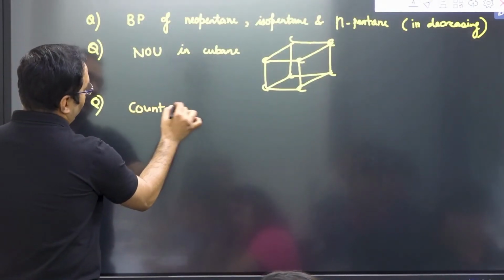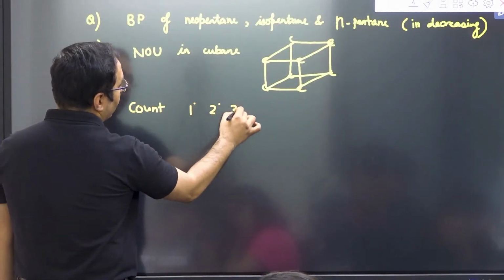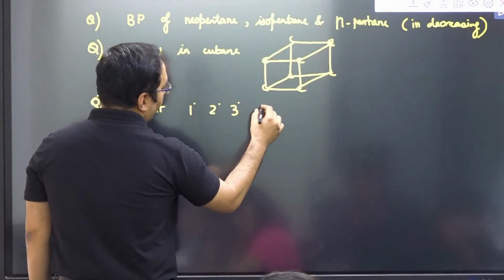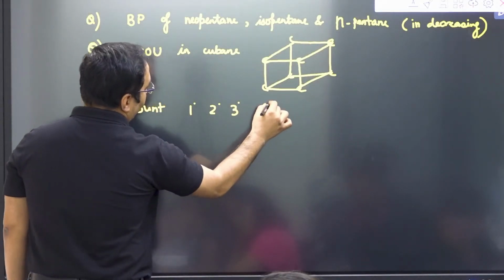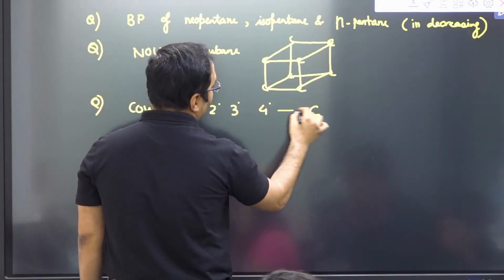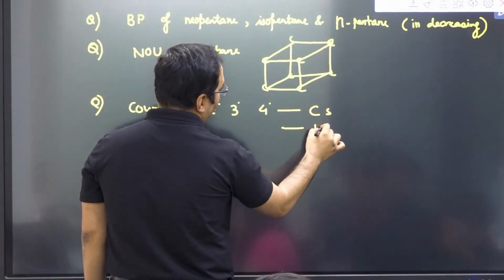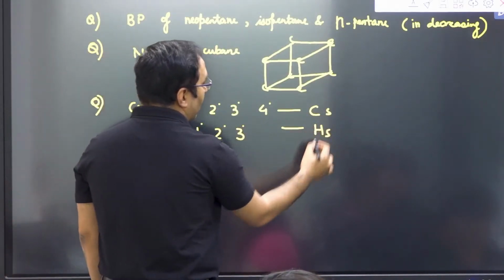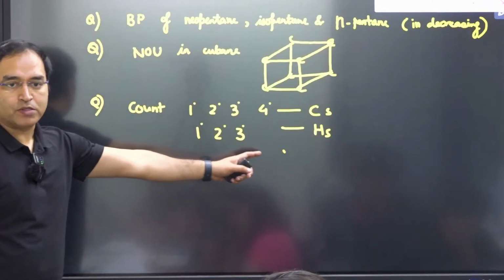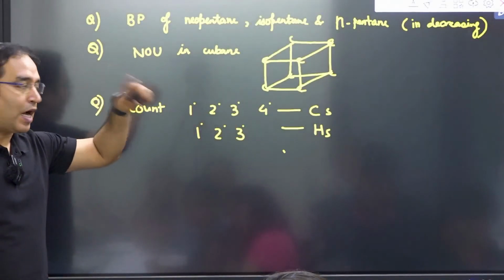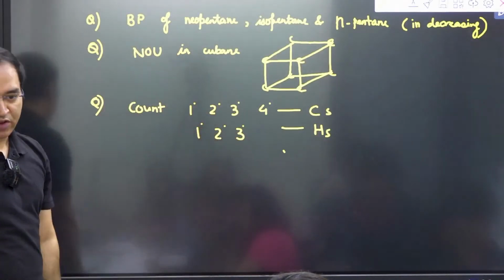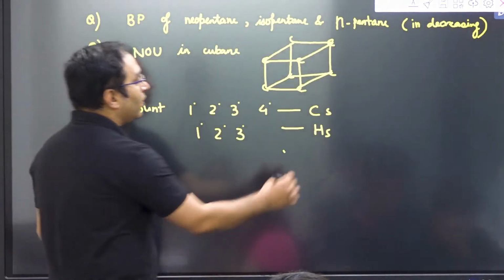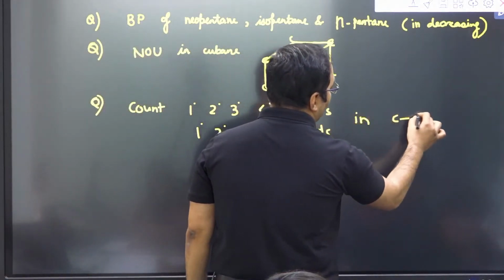Count 1 degree, 2 degree, 3 degree, 4 degree carbons and 1 degree, 2 degree, 3 degree hydrogens. Remember, 4 degree hydrogen is not possible because if 4 carbon is connected with 4 carbon, there is no space for hydrogen. In this compound,